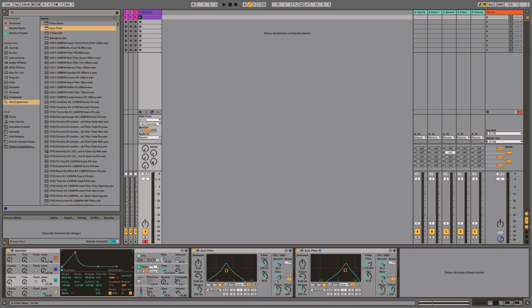When you then put a little bit of delay and reverb on top, you have this. You see, with the reverb and the delay, we just give it, let's call it sickness.